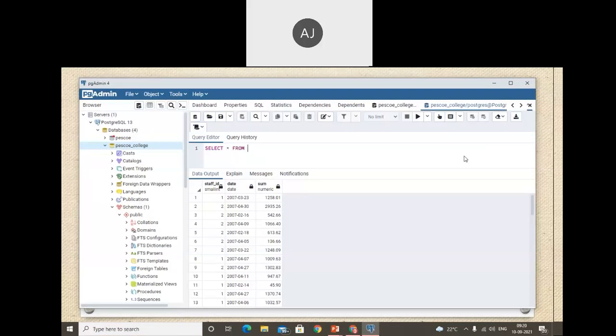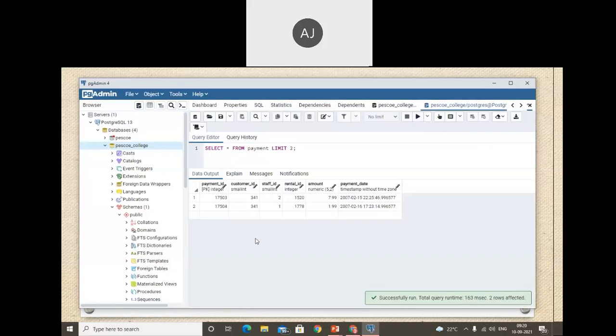Select all from the table called payment, and I will restrict the response so we get that data. We require the staff ID and the amount. The amount is not actually in the form of dollars. Suppose he is a customer who did a payment; customer 341 did the payment of $1.99